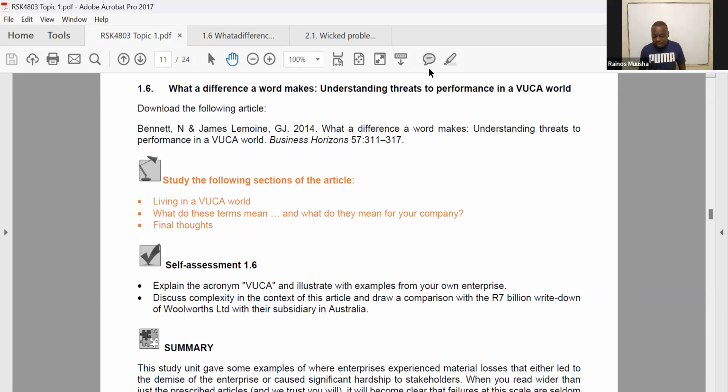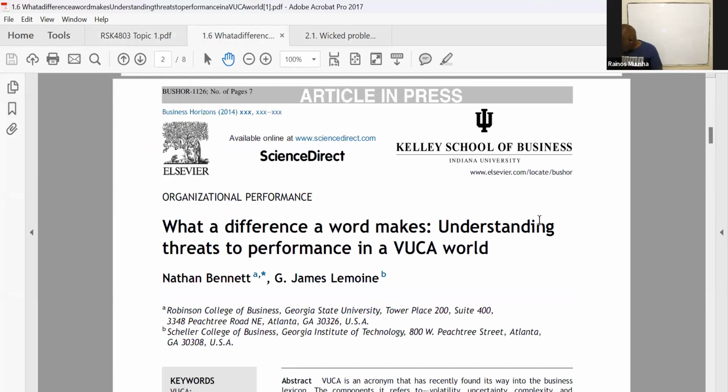And when you look at the acronym VUCA, they are referring us to study unit 1.6. Now, when you look at study unit 1.6, we should look at what difference a word makes. They are referring us to, they say, understanding threats to performance in a VUCA world. Now, VUCA, so if you look at this,